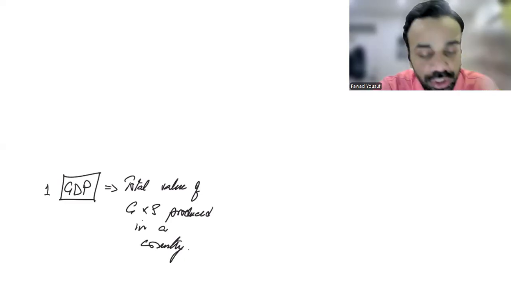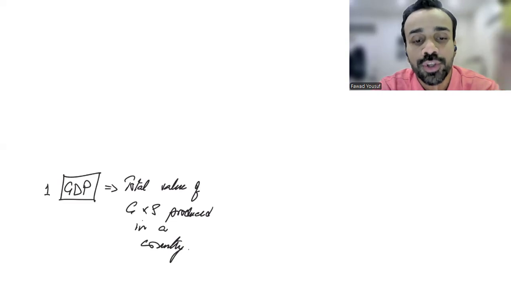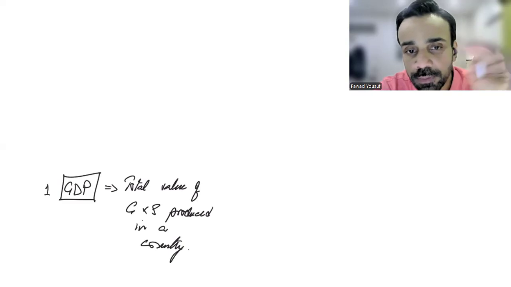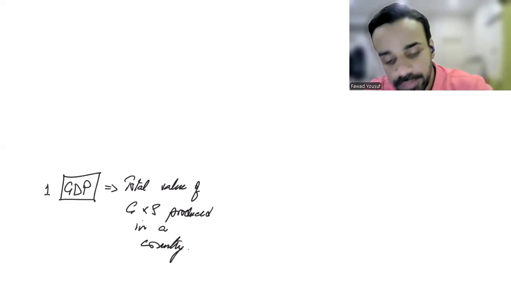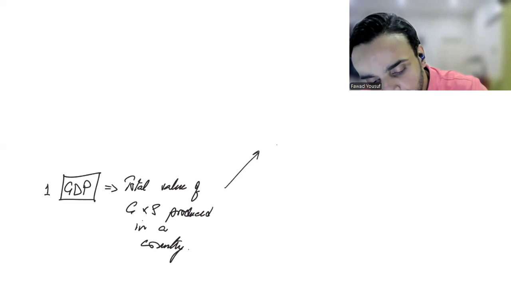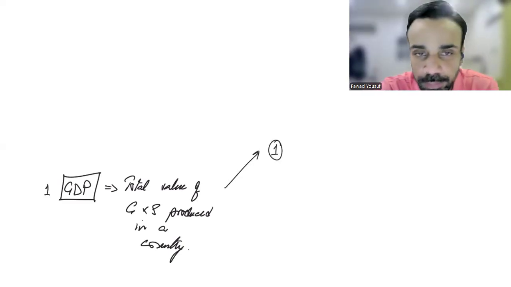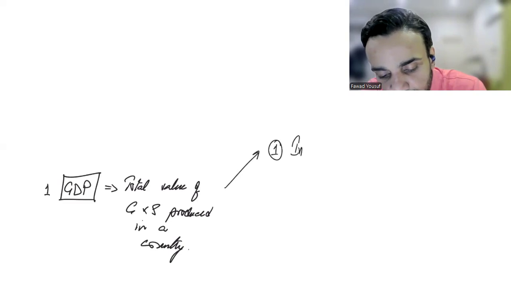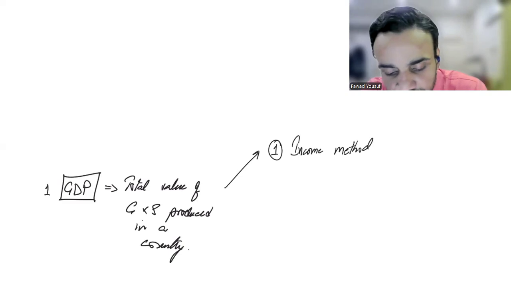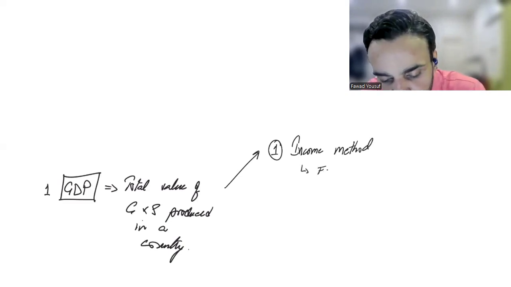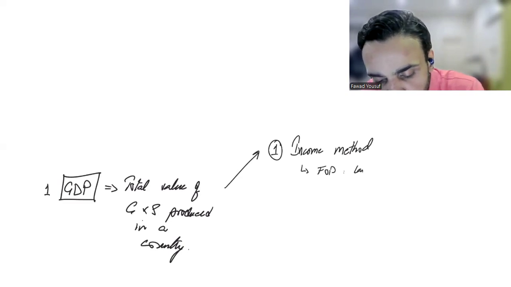First thing we need to know is GDP is gross domestic product. It is the total value of goods and services produced in the country. There are three methods to calculate GDP. You have something called the income method. In the income method, all you have to do is take the factors of production, which ones? Land, labor, capital, and enterprise,